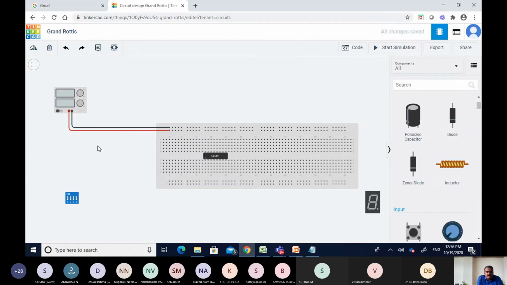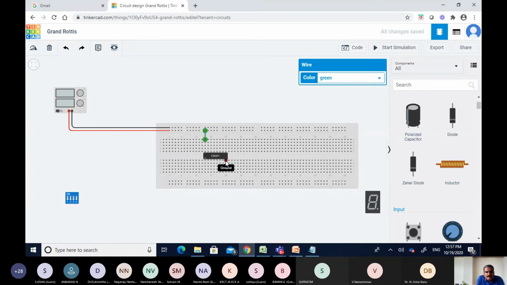So all these lines are connected to the ground. If you look into the circuit, pin number 16 is VCC, so I'm connecting pin number 16 to the power line. You can mouse over here and it shows that it is a power pin.